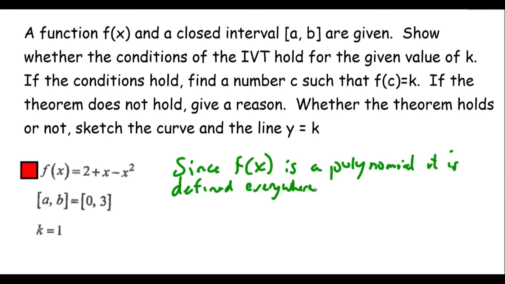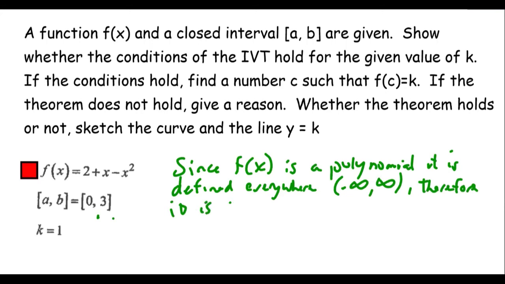Some professors are not as picky, but technically, by definition of a polynomial function, a polynomial is defined everywhere, which means it's defined from negative infinity to infinity. But I don't care about negative infinity in this problem. I just care about the closed interval from 0 to 3. So a lot of professors require you to break that down. Therefore,